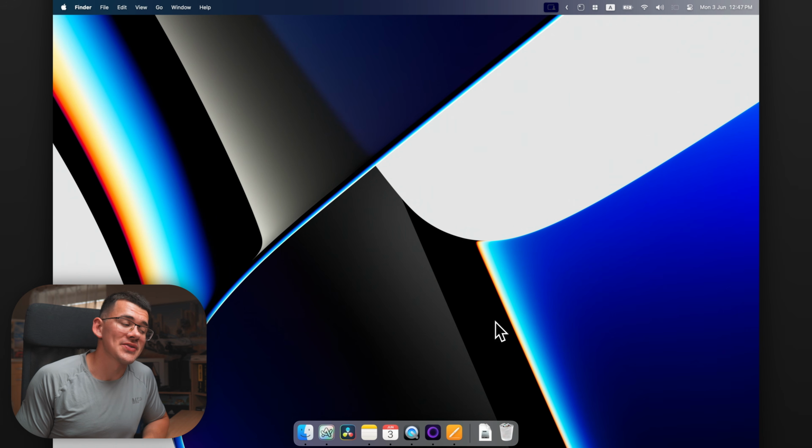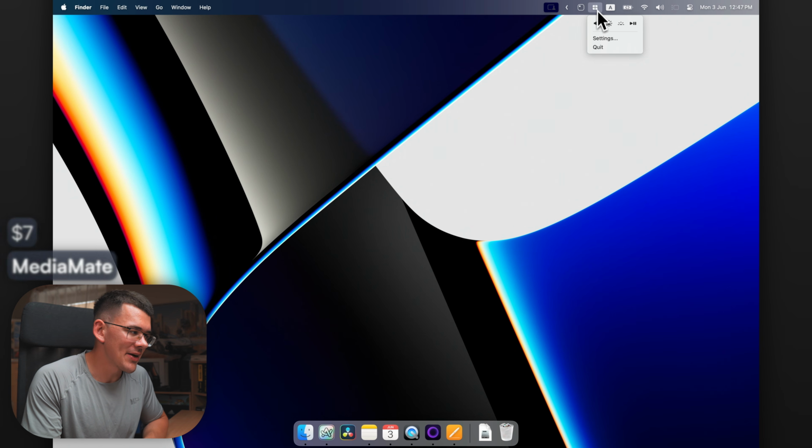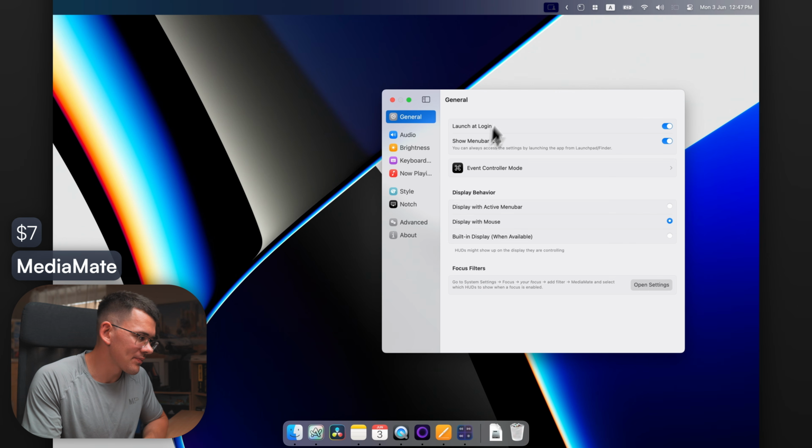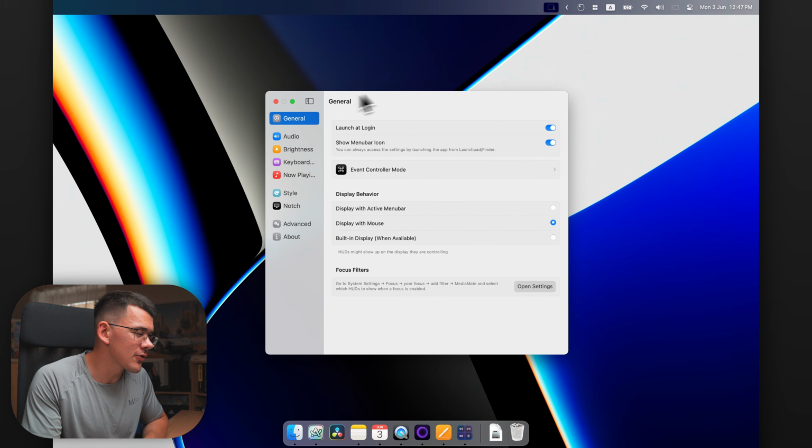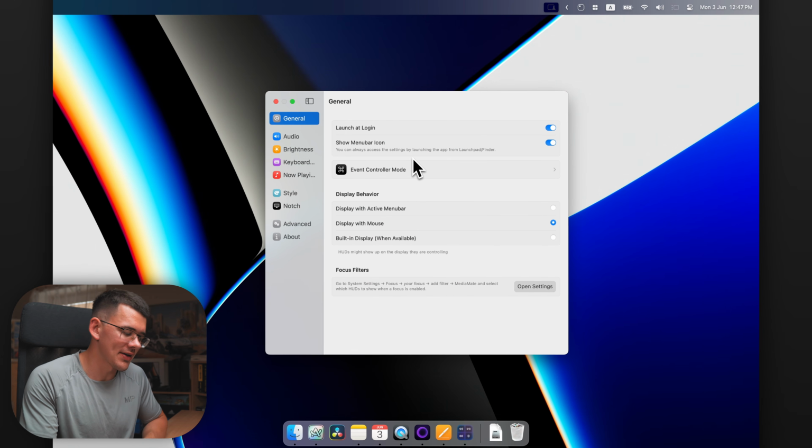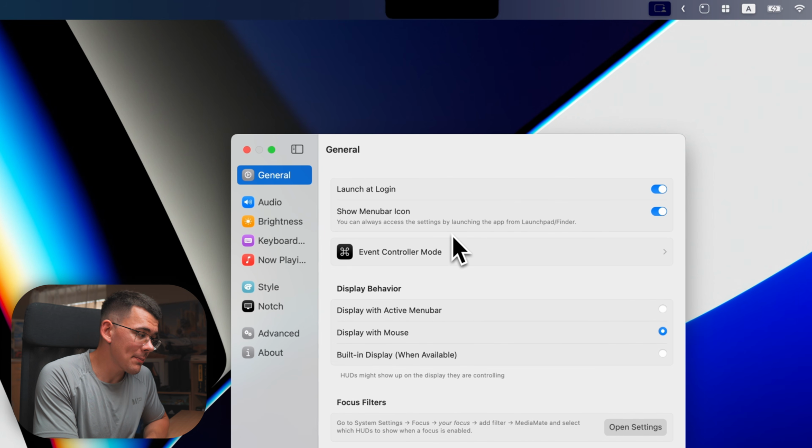Okay, this next app is really cool, and the moment I saw it, I had to have it. So it's called MediaMate, and you have all of these settings. Basically, when it opens up, it will give you kind of a demo version, but I will show you what it does. So basically, when you go up and down with your volume, instead of doing the whole big thing that you have in the middle of your screen,